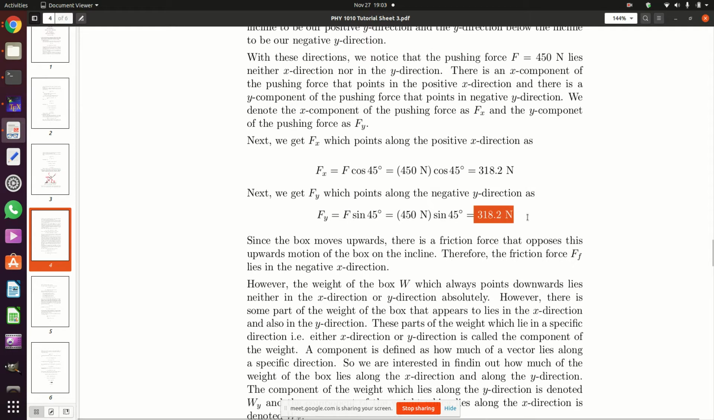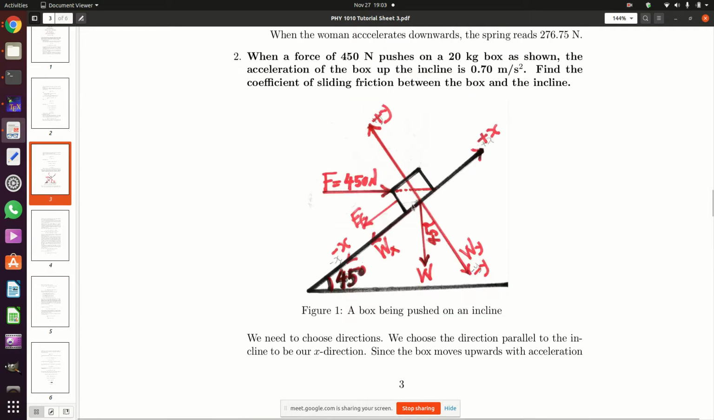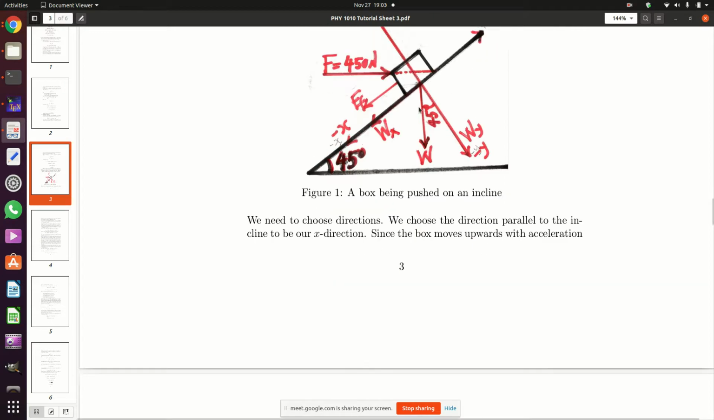Then the other thing we noticed is if the box is going to move up, then the friction has to be opposite. So the friction actually lies in the negative x direction. Then we moved on to the